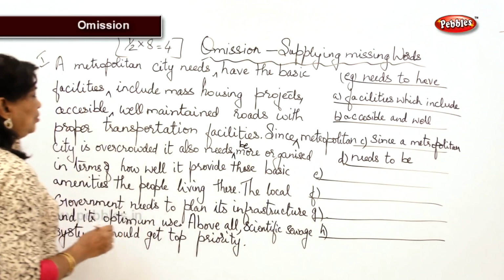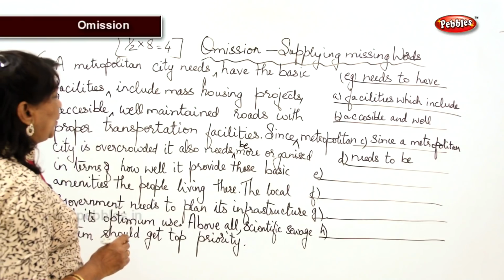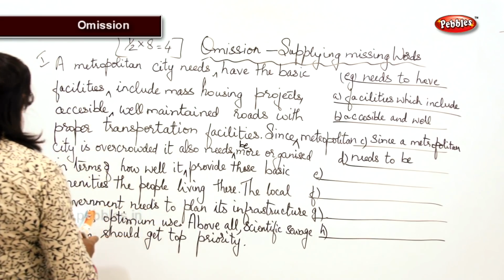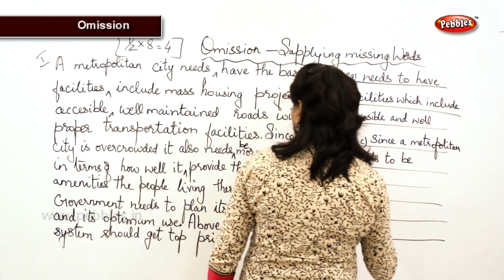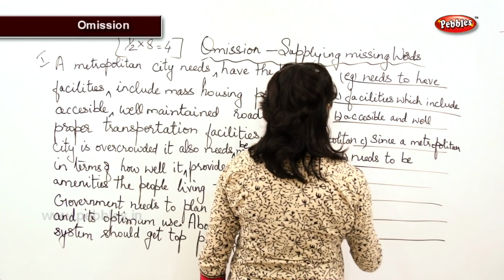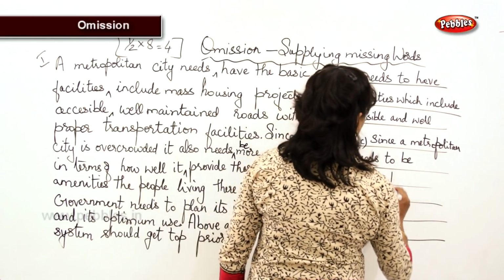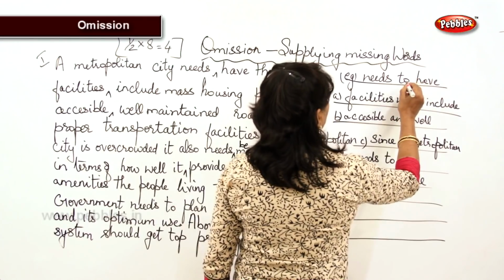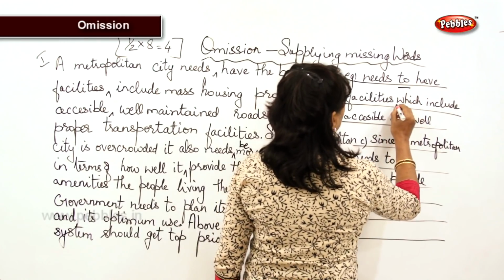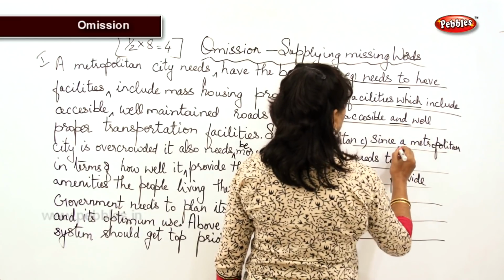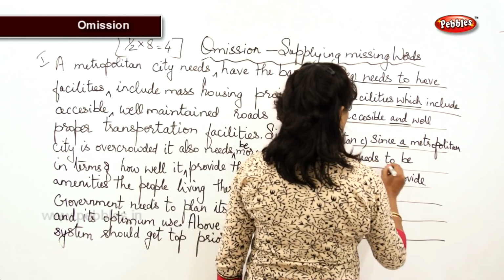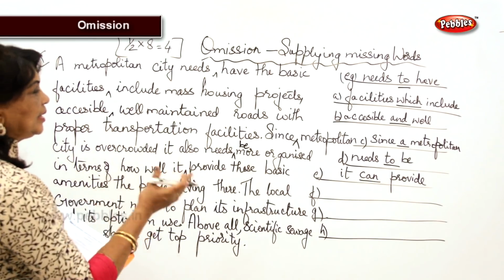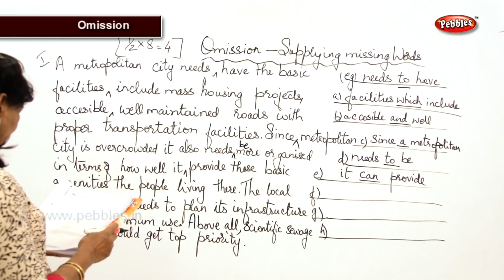Needs to be more organized in terms of how well it can provide these basic amenities. What is the word? It can provide. So the words that are omitted are to, which, and, to, can. We are writing both the one before and the one after. Next one,